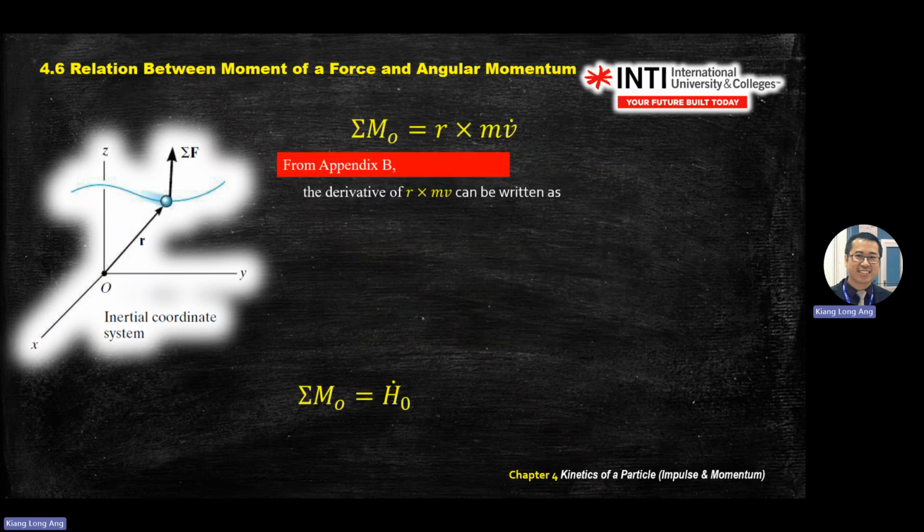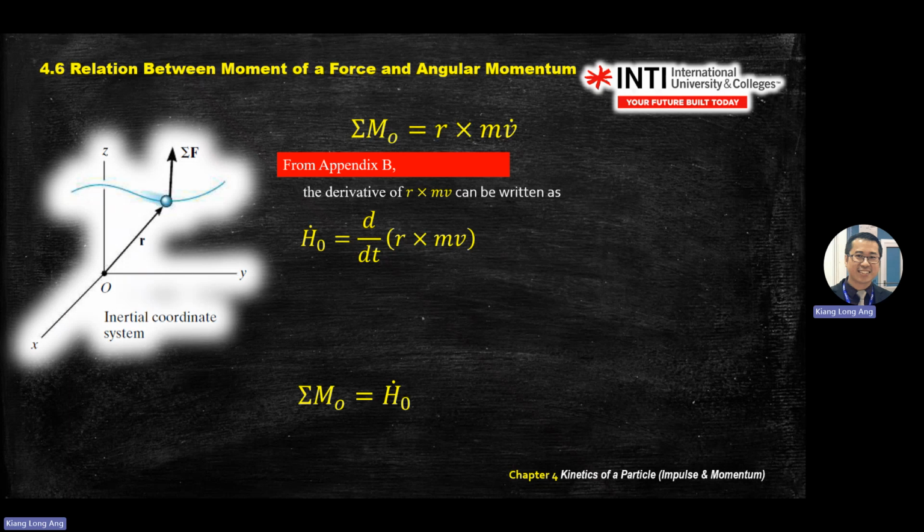Okay, so from there is Appendix B. Appendix B in the Canvas. If you haven't read it, go ahead and read it. There is a derivation on the cross product, how you do cross products, right? So